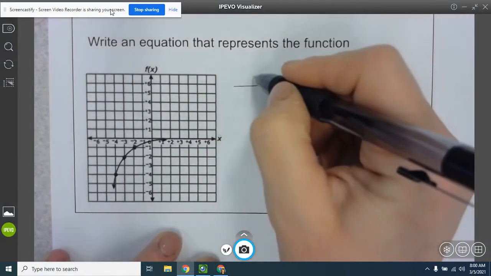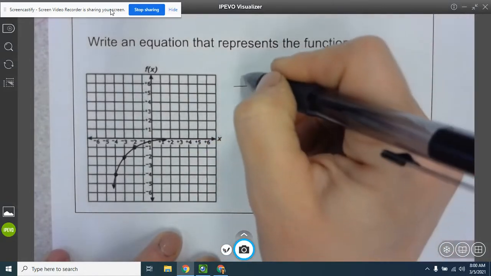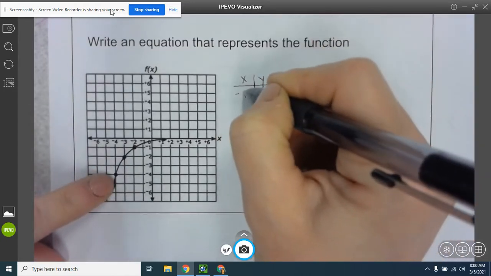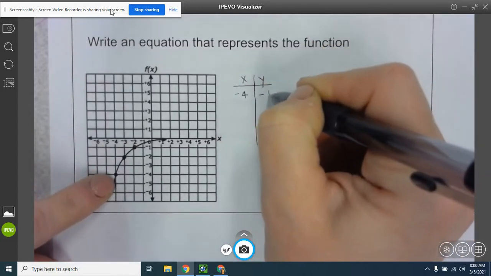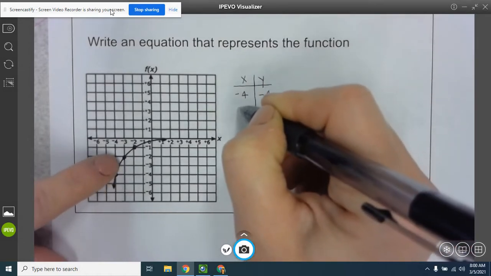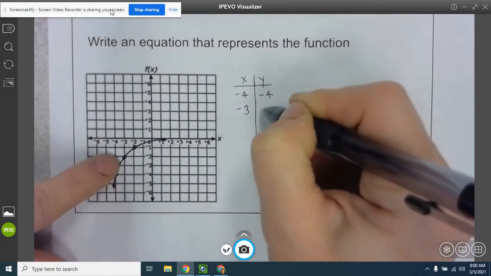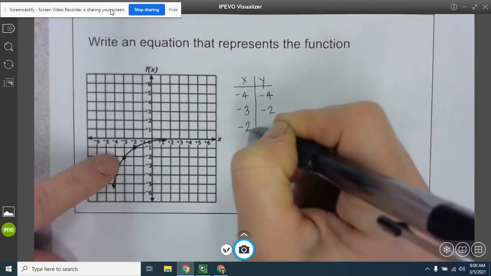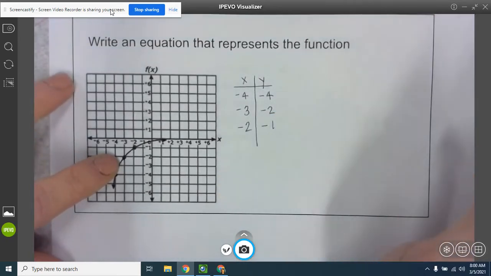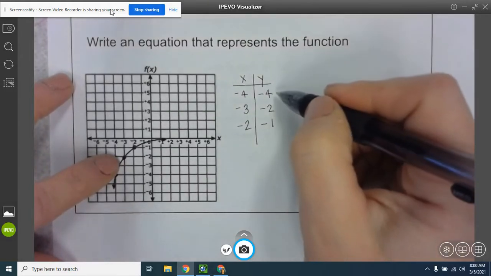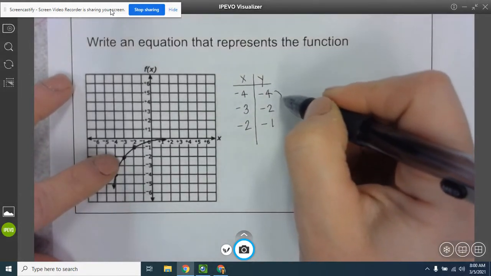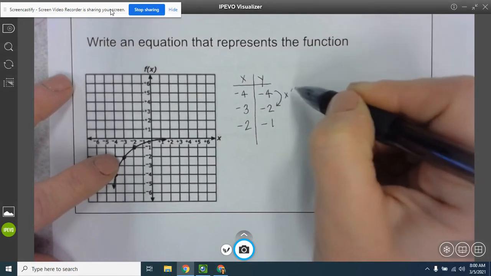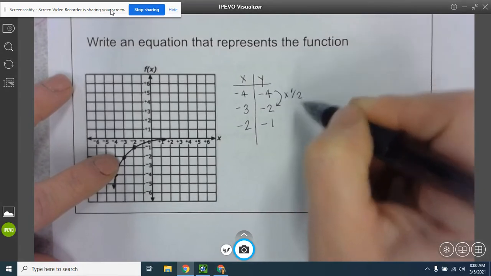So if we look at our x and y values, this point is -4, -4. We have -3, -2, -2, -1. So I can see my pattern here is multiplying by a half